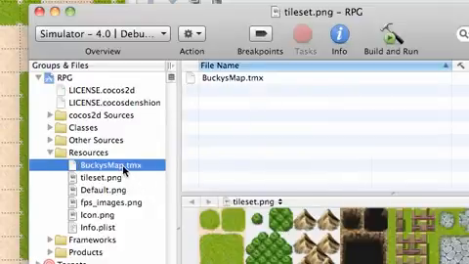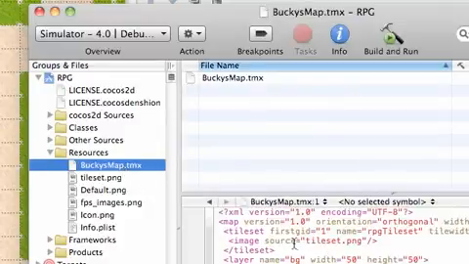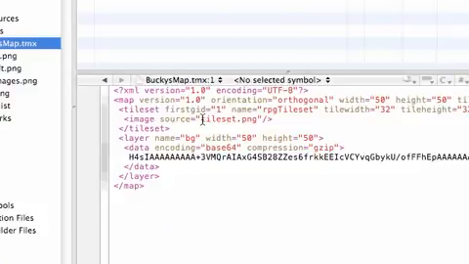Now go ahead, let me just check something real quick. Sometimes your image source might have a path to it, but go ahead and make sure it's named whatever your thing is .png. If it's like /Users/Documents/this folder/tileset.png, go ahead and change it to tileset.png, because